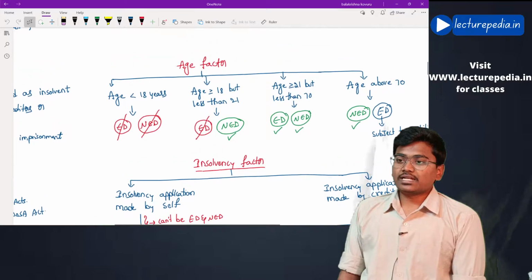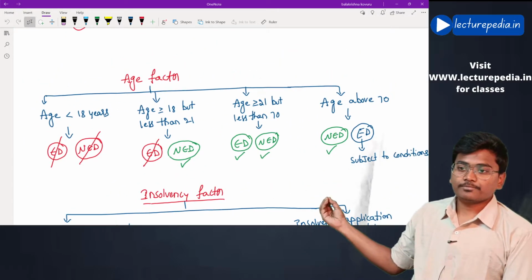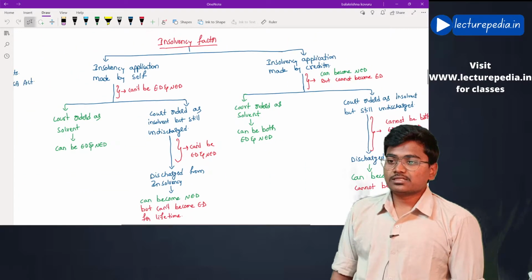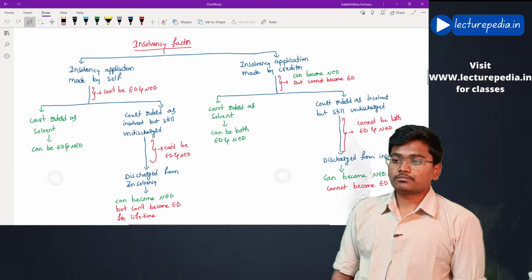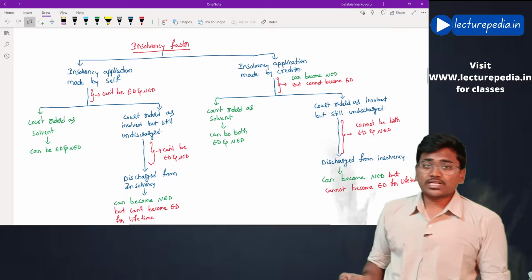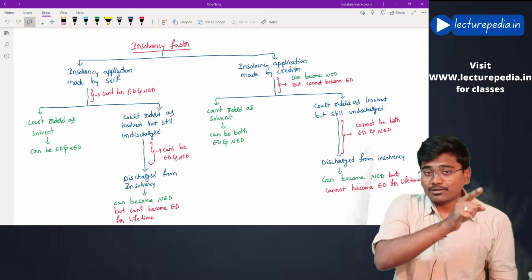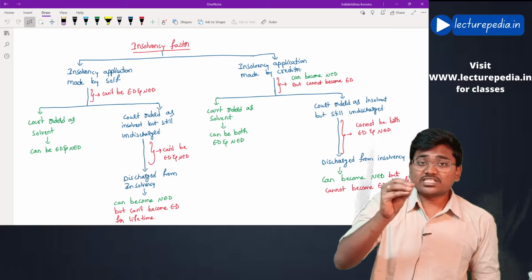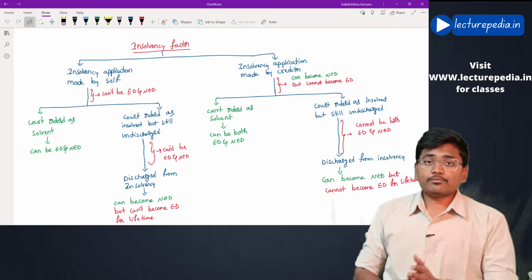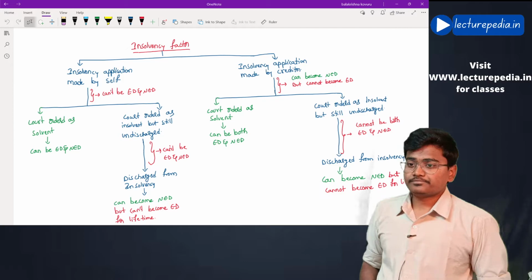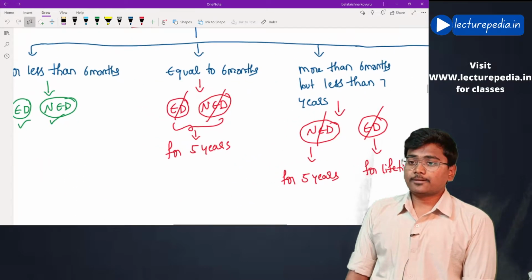If you want, you can take a screenshot of it. You can take this age factor, and you can also take this. Okay, this is a reading together of insolvency points that are prescribed in section 164 and insolvency disqualifications prescribed in section 196 for executive director and for all the directors. Hope you are done. Now, the imprisonment factor.